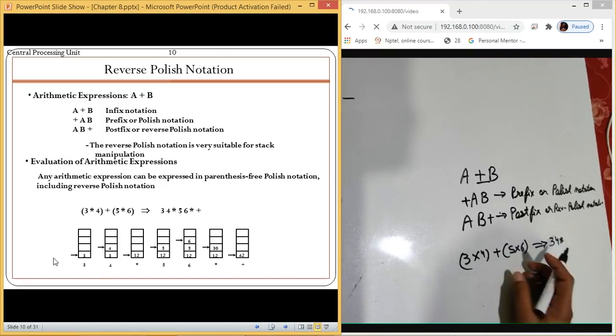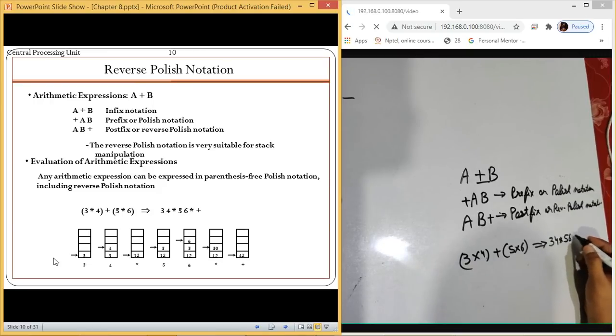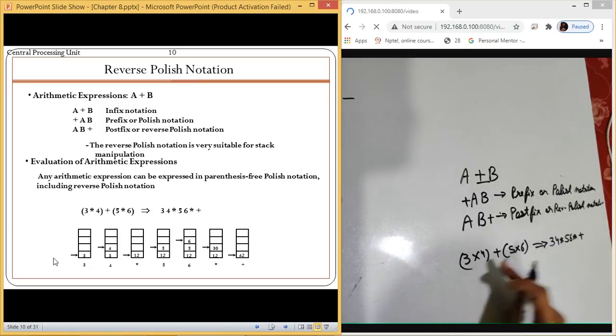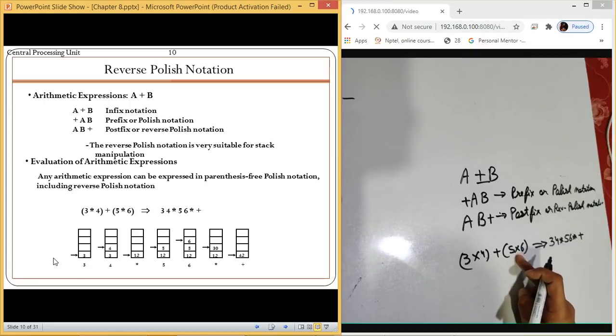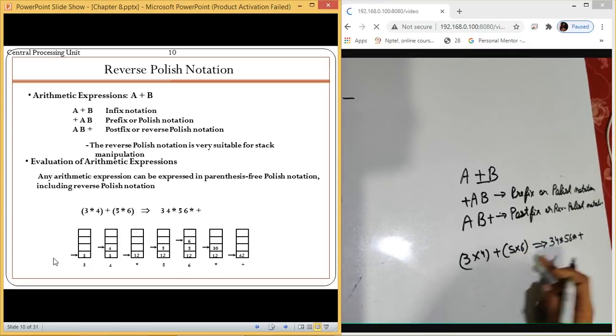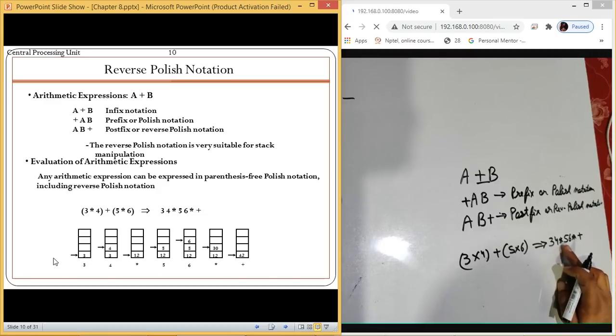So it is 5 and 6, so 5 and 6, then we will have multiply, then we will have the last value of add. So this will be shifted to the end, this multiply will be shifted to the end of this. So this is 3 4 into 5 6 into plus. So this is what we are going to have.